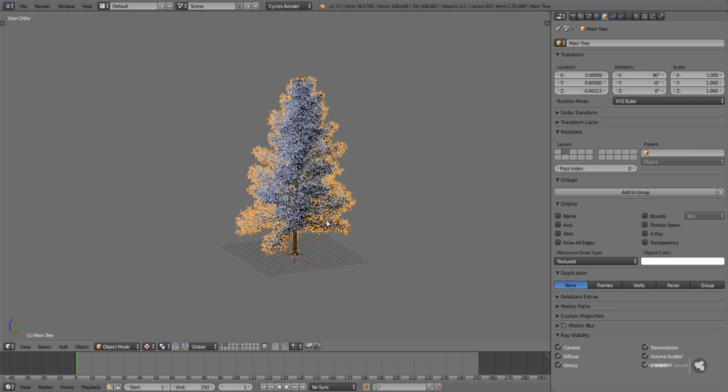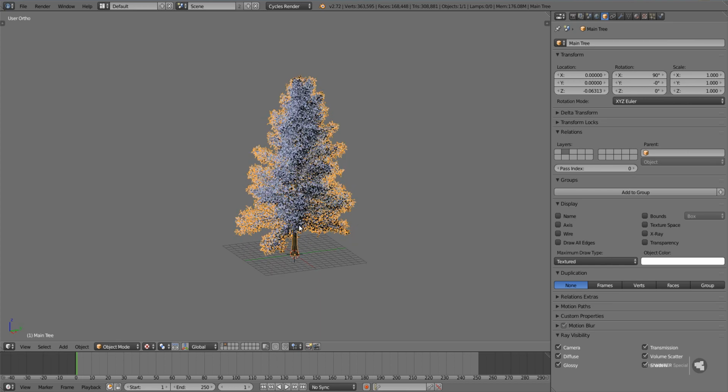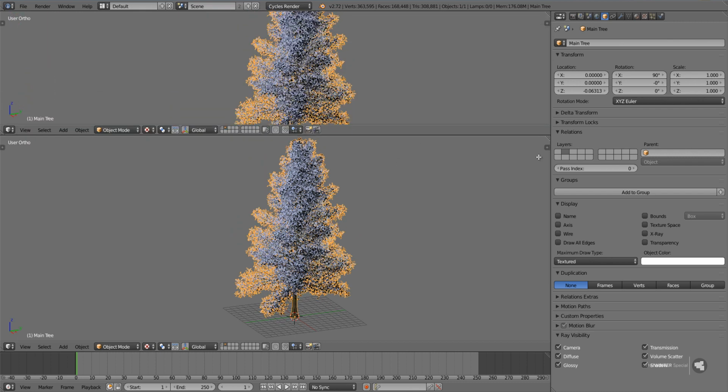For now, all my source files will be up on BlendSwap until I can get all of them onto the website, which is in progress right now. New website coming in the new year. But for now, you can download the source files on BlendSwap. But this is the tree that we'll have. Let's take a look at the